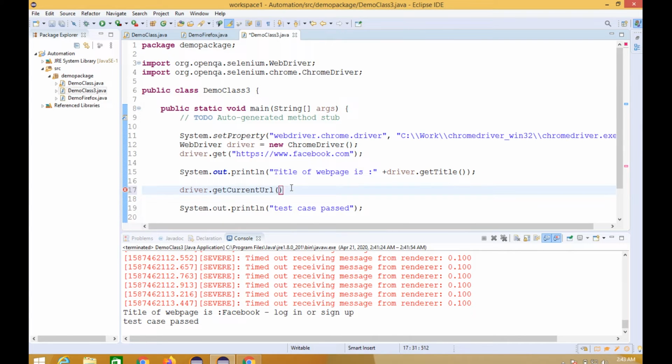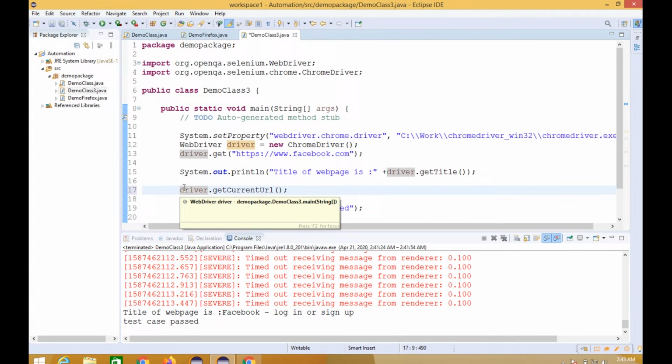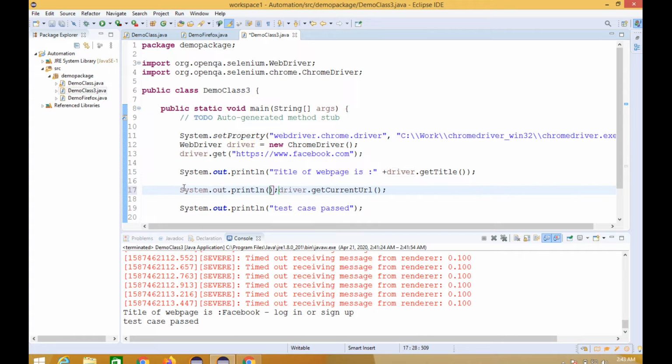Using this function, we will fetch the URL of the web page on which we are currently present. To print this URL, we have to write System.out.println(driver.getCurrentUrl()). It will print the URL of that web page on which we are currently present.